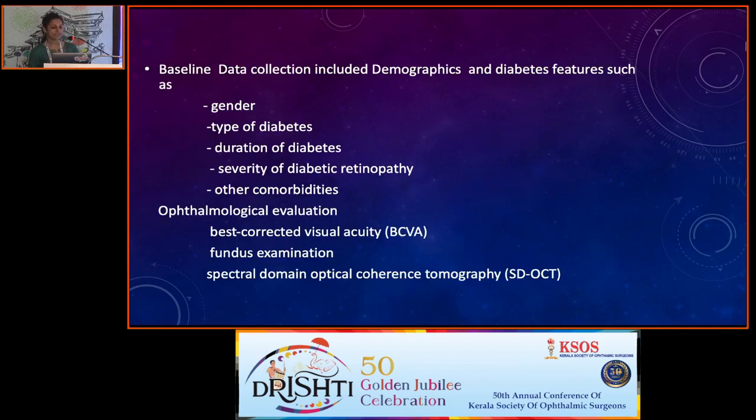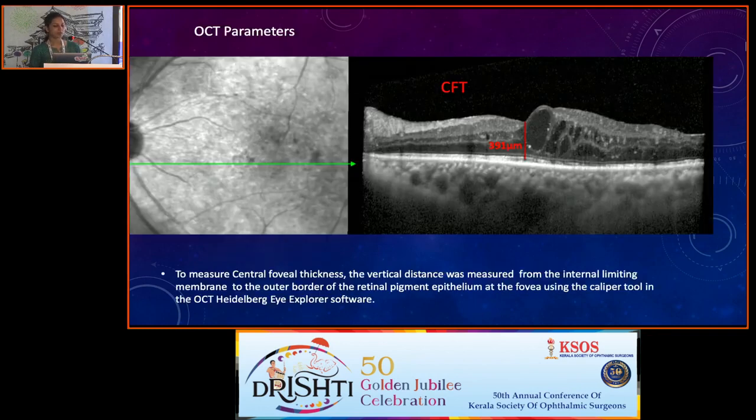Baseline data collection included gender, type of diabetes, duration, severity of diabetic retinopathy, other comorbidities, and ophthalmological evaluation like best corrected visual acuity, fundus examination, and spectral domain optical coherence tomography. And OCT parameters we included central foveal thickness. We measured the vertical distance from the internal limiting membrane to the outer border of the retinal pigment epithelium using